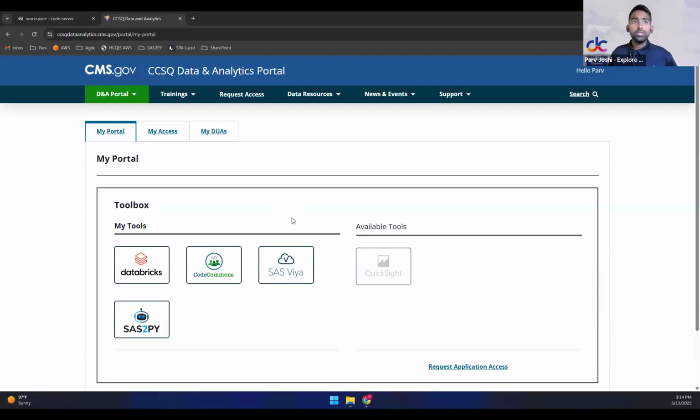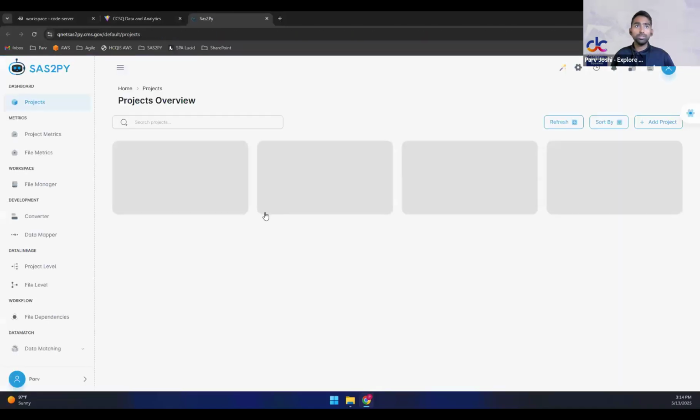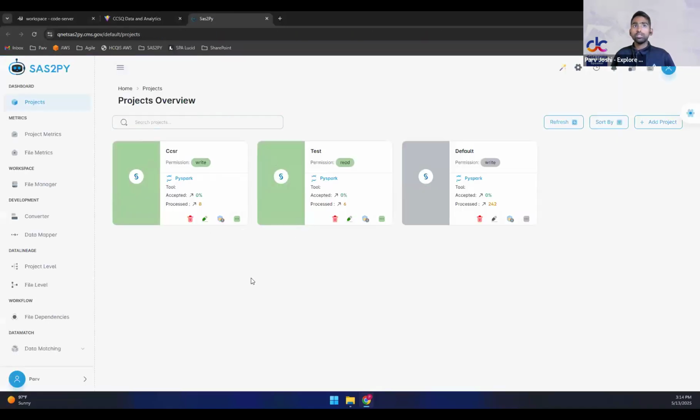I'll be starting with the initial part of the demo, which is about getting started, how to upload your files and analyze them, and also show you a little bit more about the metrics that Ashley showed in his presentation. First, to log in, I'll go to the DNA portal and log into my account. If you have SAS access, you should be able to see this SAS2PY chart, and just clicking it would sign you in directly. So this is the